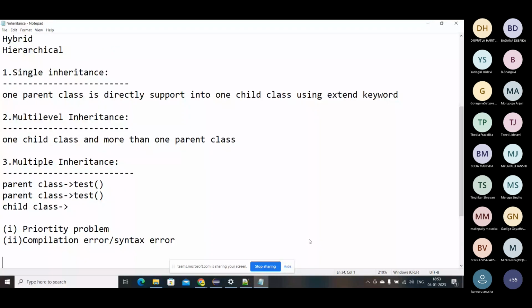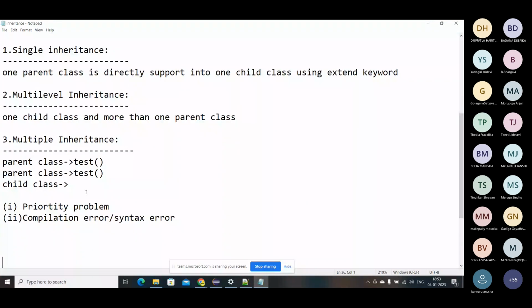So this is called multiple inheritance. We will not use it in Java, but in the interview they will ask why we are not using multiple inheritance, so you need to mention this problem.